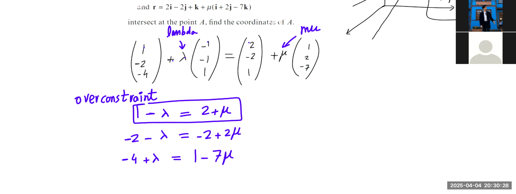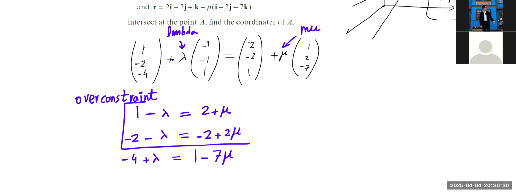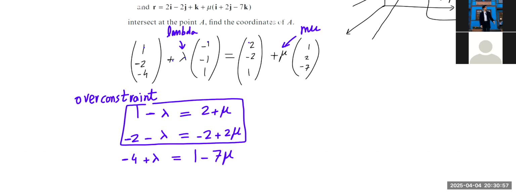But when I have two equations, and since I have only two variables, two equations is a sweet spot. Now I can use these two equations to find out exactly what lambda is and exactly what mu is. That's what we've always done, simultaneous equations. That would be perfect. If I had only one equation and two variables, that would be under-constrained. But I have three equations and only two variables to find. This is called over-constrained because not only do I need to find lambda and mu using my regular two equations,